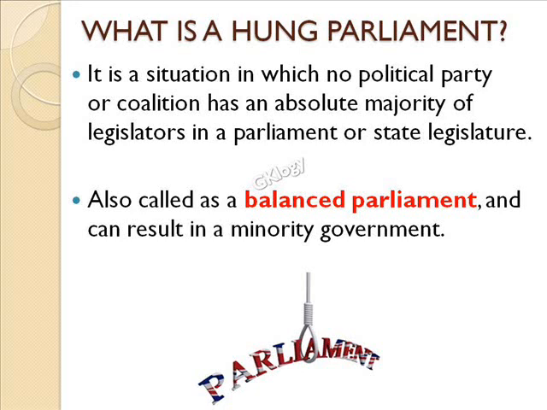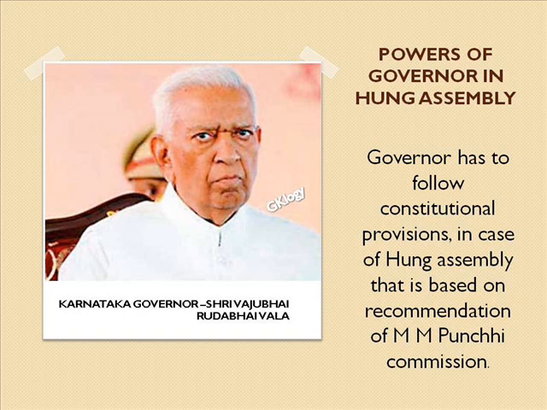So hung parliament is also called a balanced parliament, and it may result in a minority government. Whenever there is a hung parliament, the role of the governor becomes prominent. The governor of Karnataka is Shri Vajubhai Vala. When a similar situation of hung assembly arose in the Karnataka assembly elections, he decided to follow constitutional provisions